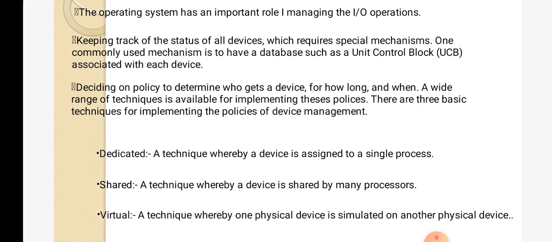Only based on the policy can it allocate, and then the program can be executed.